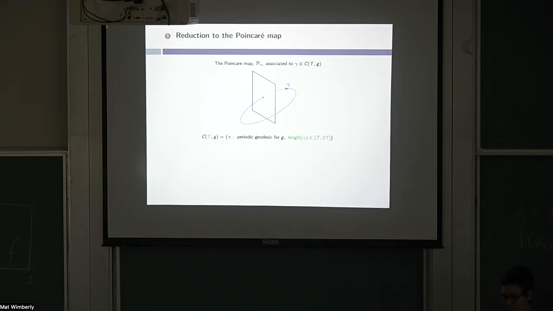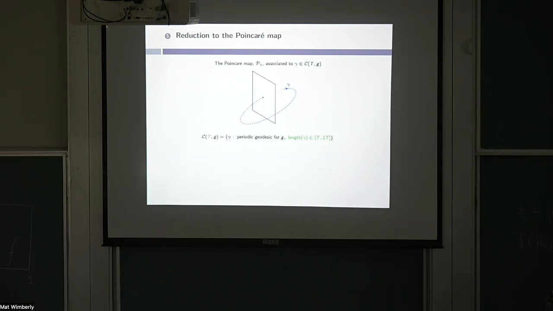So let me preface by that. Let me actually now introduce this notation. So you give me a length of a geodesic, and I'm going to define the set of closed periodic geodesics of length comparable to that T that you chose. I'm going to grab one such geodesic, now they are closed, and you just pick a section that's transversal to the geodesic flow,